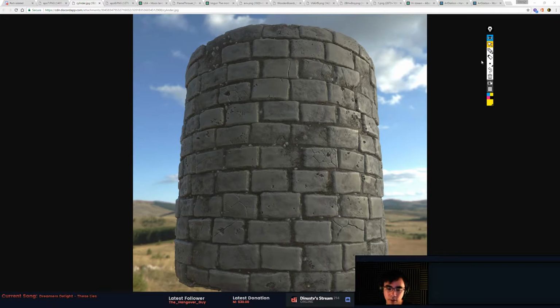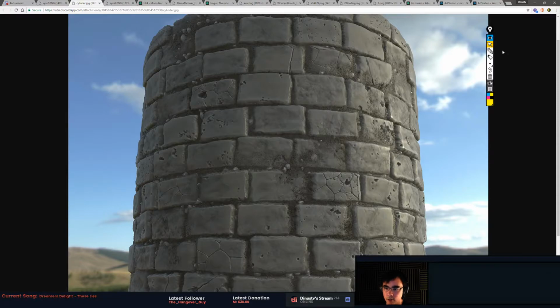But overall, it looks like it's coming along pretty nicely. Oh yeah, I was going to say the cracks right now are very procedural looking. Run a few masks over it to break up those cracks, to remove some of them, and then also